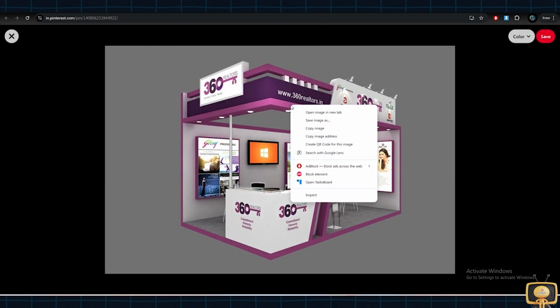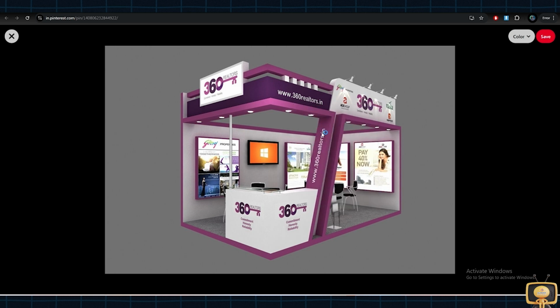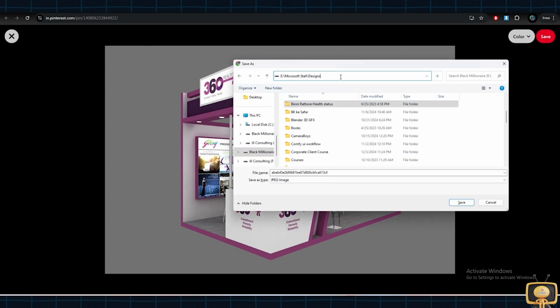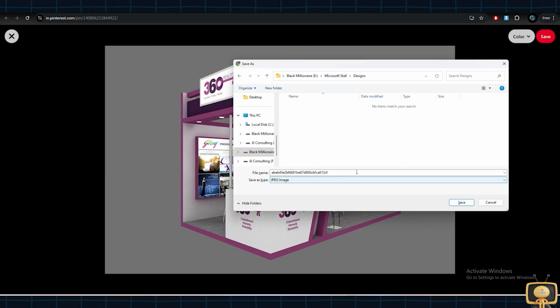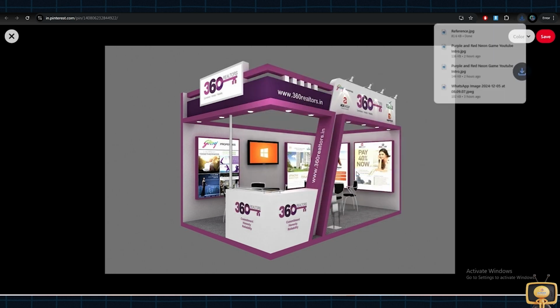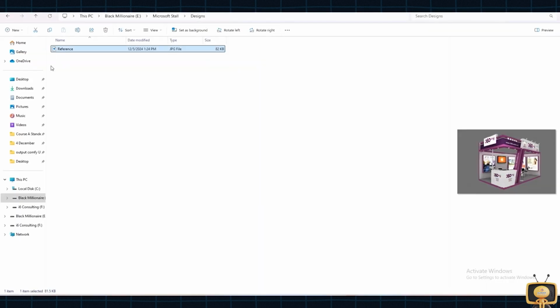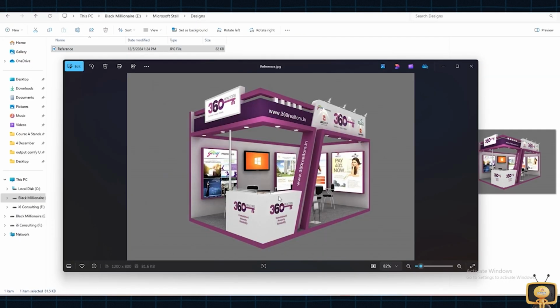Right now we are working on this one, so let's save image as, and save it in the folder that we have generated, that is design, and name it reference and save.